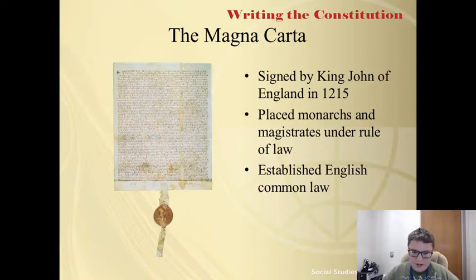The framers of the United States Constitution considered the Constitution the supreme law of the land, which could not be overturned by subsequent political administrators, just as the Magna Carta stated that no future monarch could take away the rights of the nobles. Perhaps one of the best examples of the influence of the Magna Carta on American government could be found in the Fifth Amendment to the Constitution.